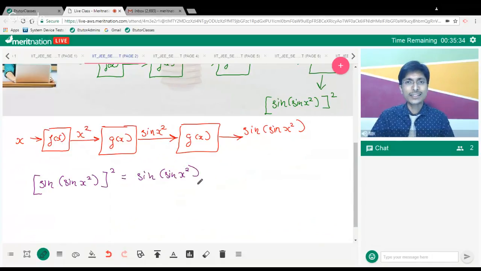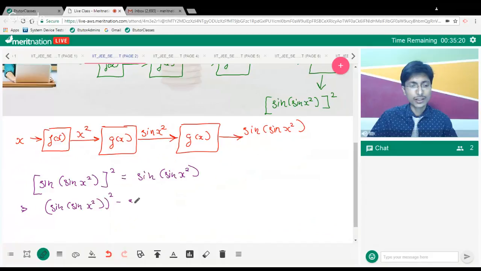Now, if I take the term on the right hand side to the left hand side, this will become sine of sine x square whole square minus sine of sine x square equals to 0. Now, guys, just assume sine of sine x square as one term